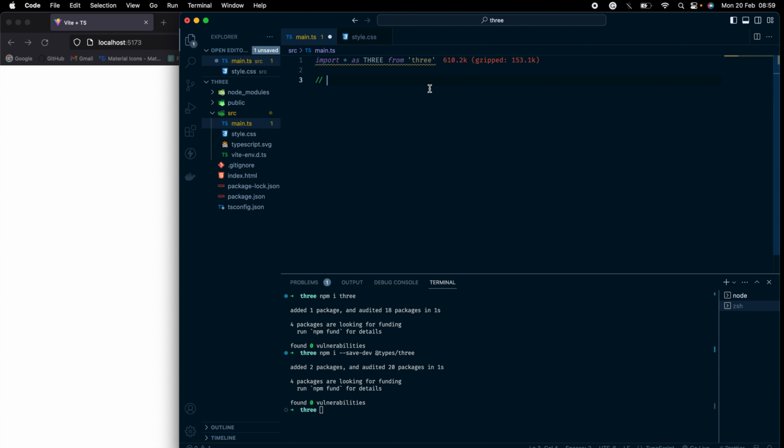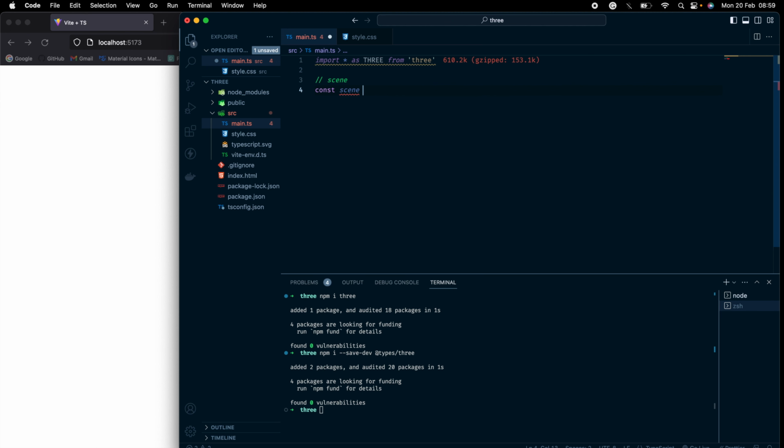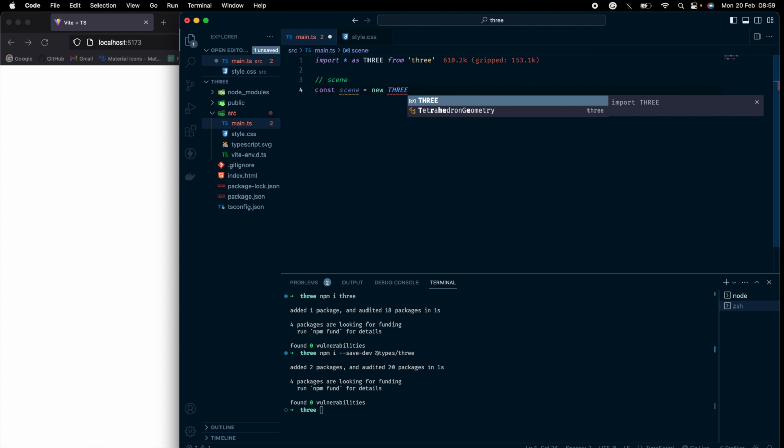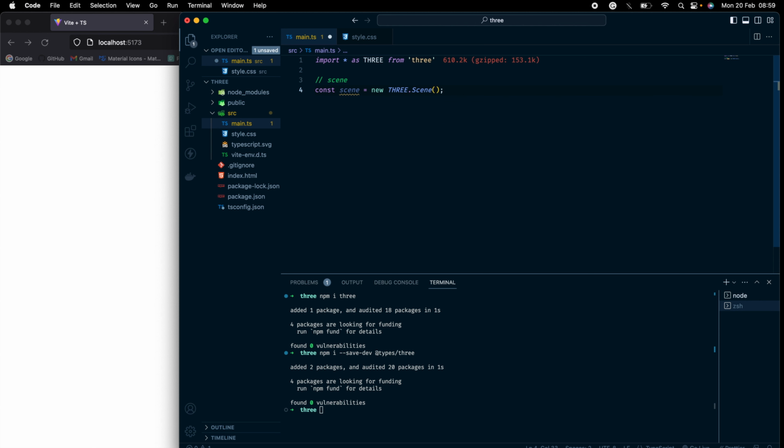So first what we need is a scene. In order to create a scene, I'll create a constant called scene from new THREE.Scene. Okay, so this scene will contain everything which we'll be creating moving forward. So if we are having a camera, or those objects, we will have to add all of them to the scene. You'll see that in a moment. Next,